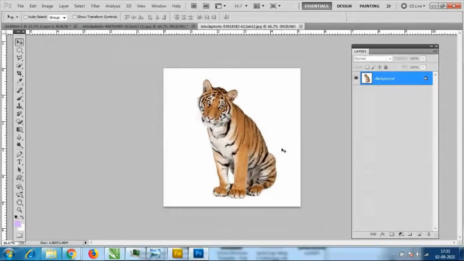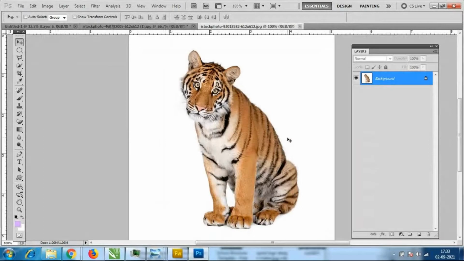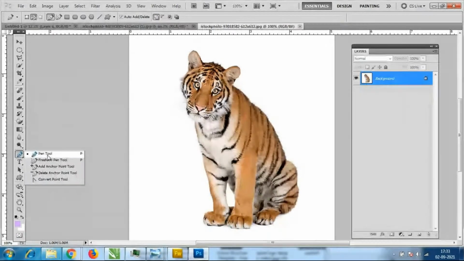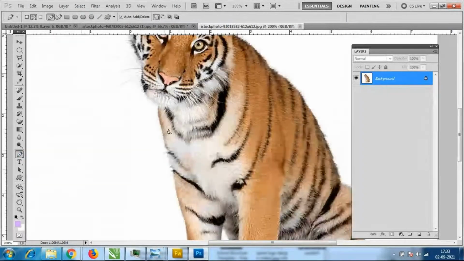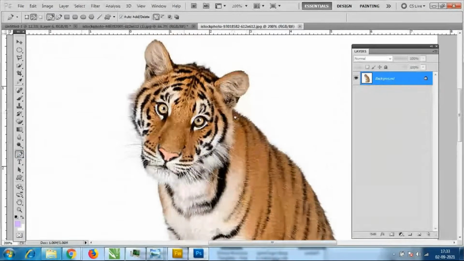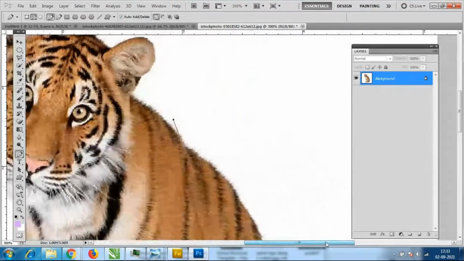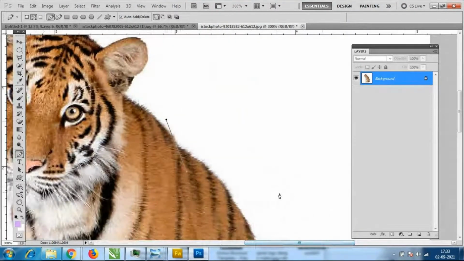So we have to use the pen tool. Okay, so what I will do with the same layer, now I have to cut it very neatly. I will go to the pen tool, zoom in, and select one point here. Wherever you have to start from, select one point here, select one more point a little bit in, left click. Now what is the situation? If I select it like this, can you see the curve shape?